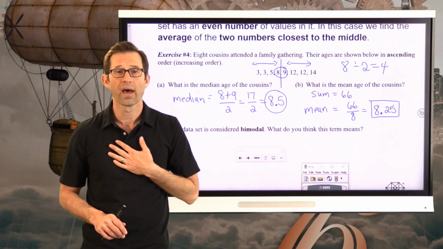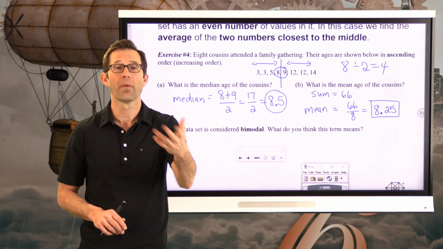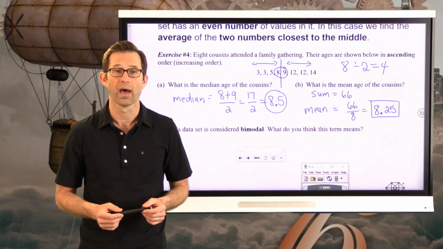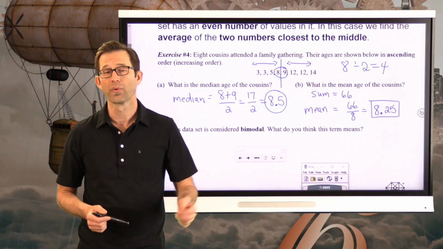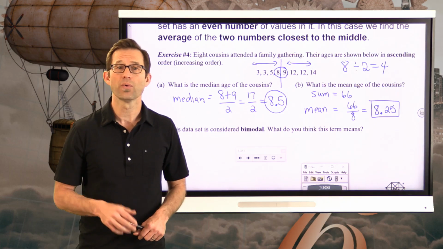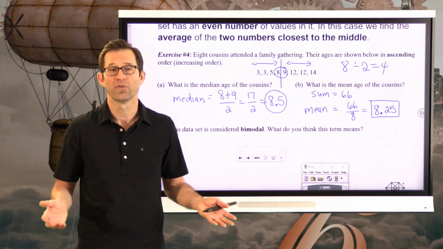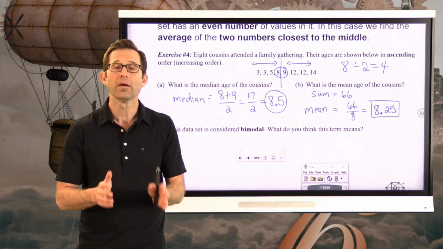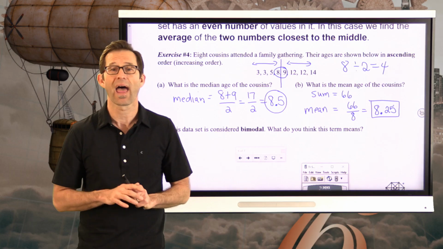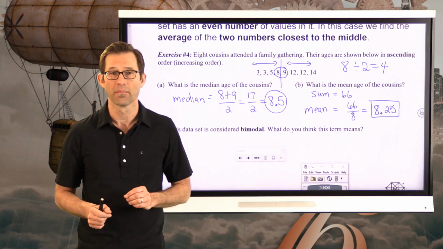Because let's say I had 2 kids, and a friend of mine had 3 kids. And I said, what was the average number of kids we have? Well, if you added the 2 and the 3 together and you divided by 2, the answer would be 2.5 kids. Can somebody have 2.5 kids? No, of course you can't have 2.5 kids, right? But that's not the point. The point is it's just a statistical measure. It doesn't have to be a realistic data point.